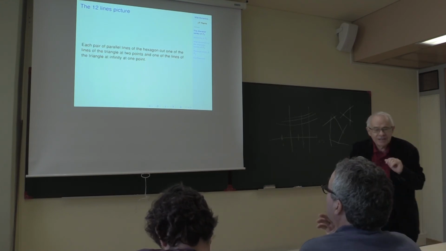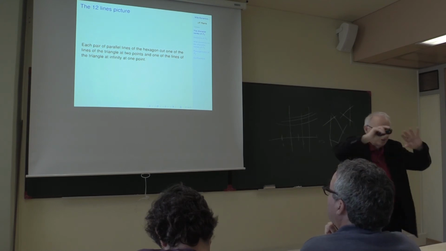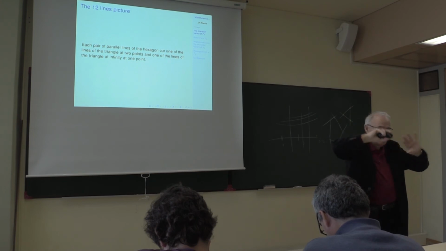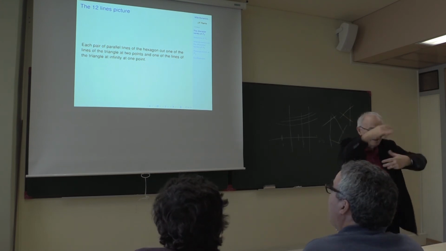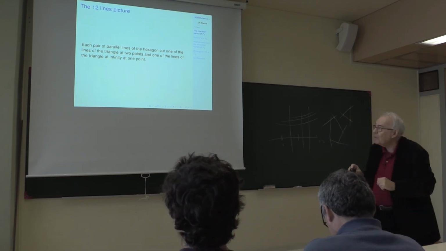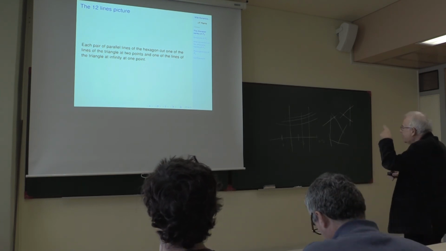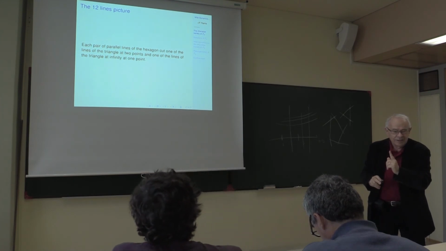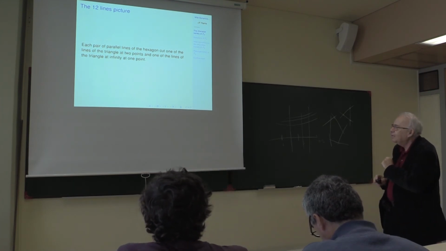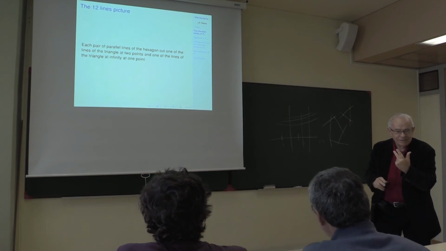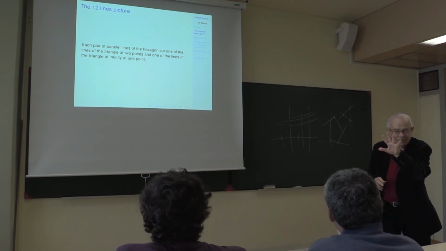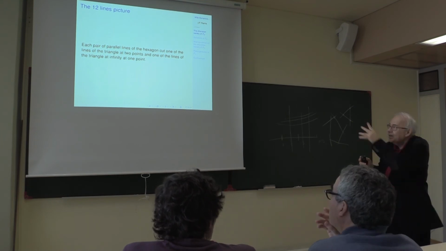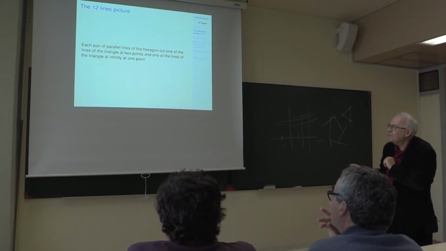Now it is interesting also to look at all the pictures. That is, the three lines at infinity, the 6 lines, the 3 lines, and what is the configuration. And in particular, each line of the hexagon cuts one of the lines of the triangle. So you get 6 new points. Okay, you have 9 points and then 6 new points. Each one has a signification, but the signification of these points is different.